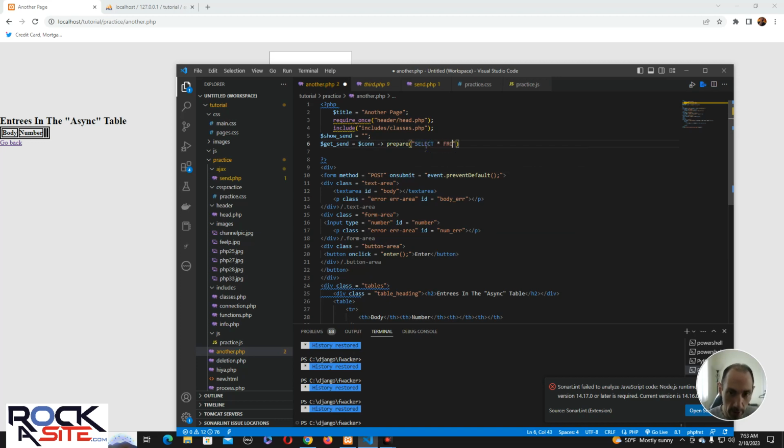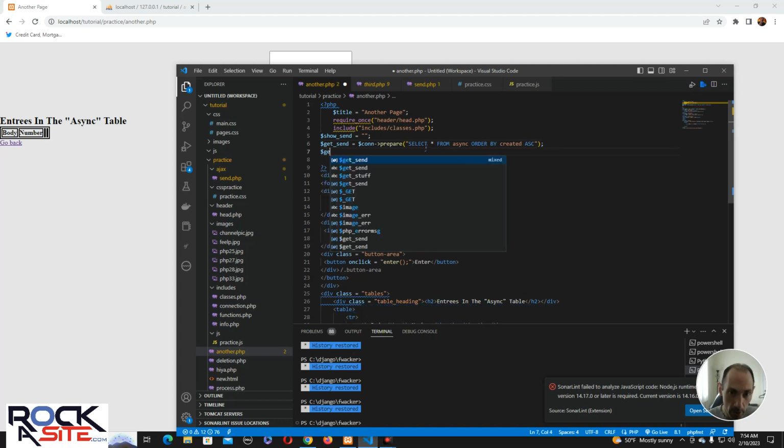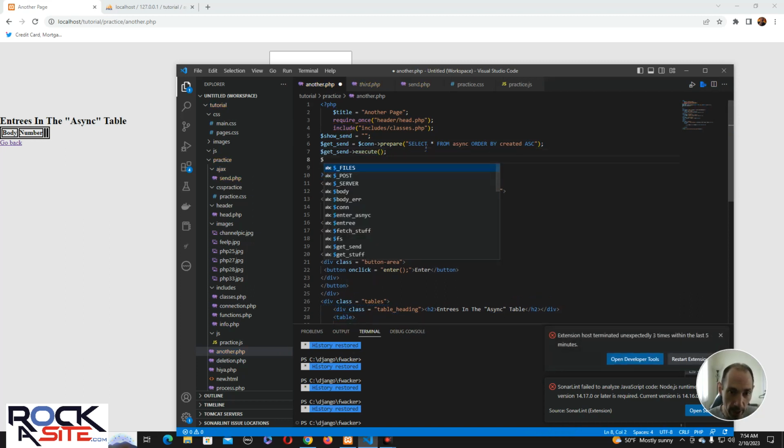select all from async, and we'll order by created ascending, which it'll do anyway. I mean, you don't need to put that in there. Hit send, execute, and then we're going to turn that make send, get send,